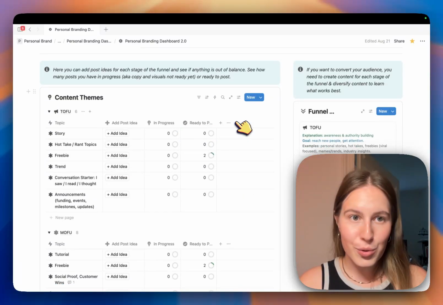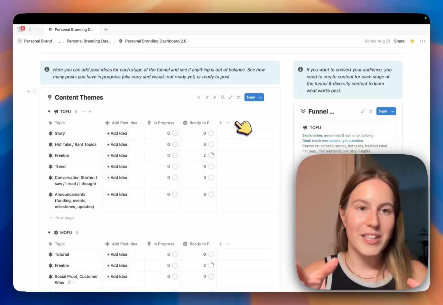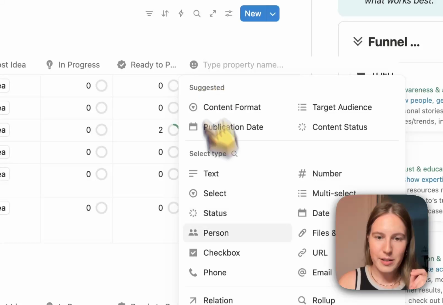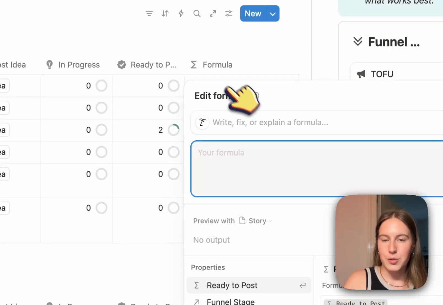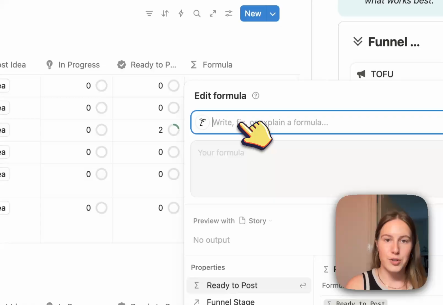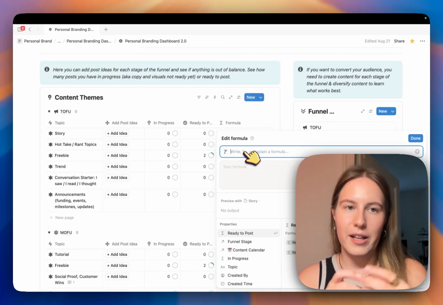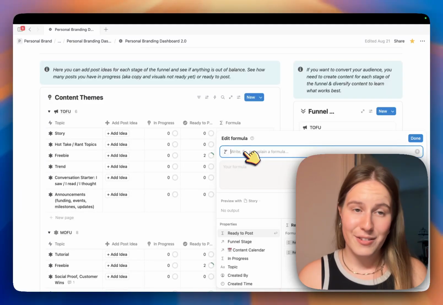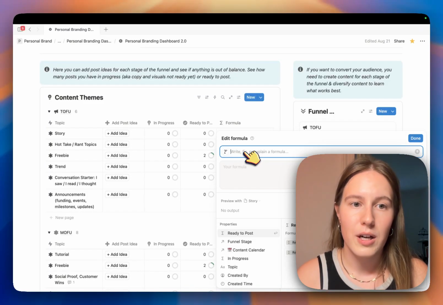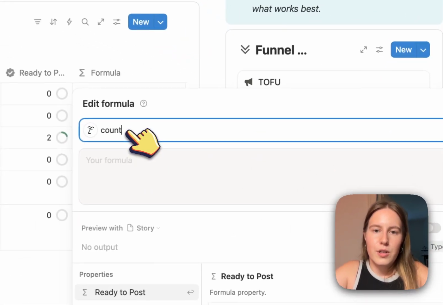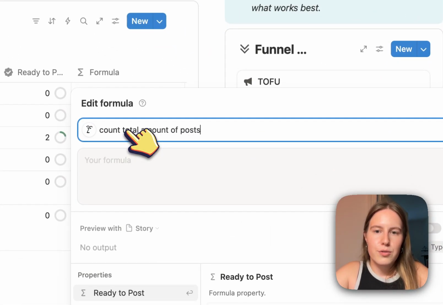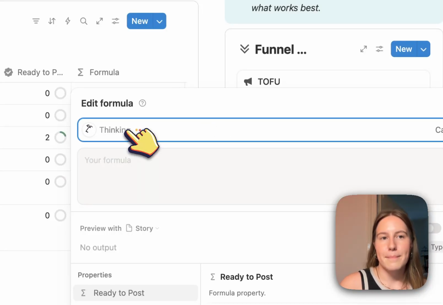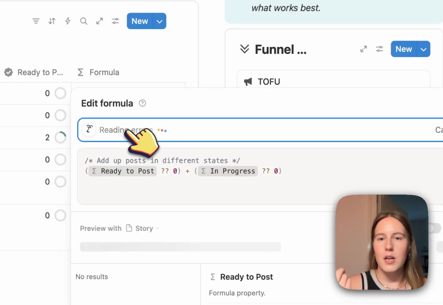So if you want to try writing Notion formulas with Notion AI directly in your databases or anywhere you need, you can just go to any of your databases, select formula, click into the field, and then ask Notion, describe what you basically want to create, like a progress tracker, or calculate something, or create an overview property, anything, it will do it. Count total posts, count total amount of posts for this theme. Let's ask it to do that. Because I have it for in progress, I have it for ready to post. Let's see how many total